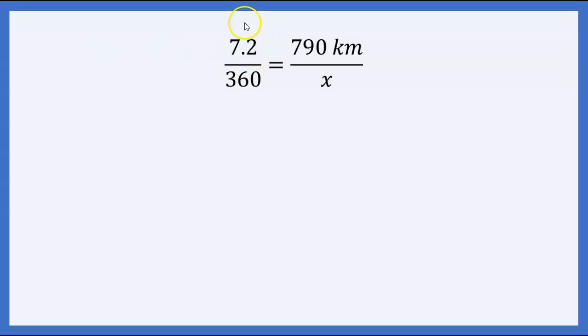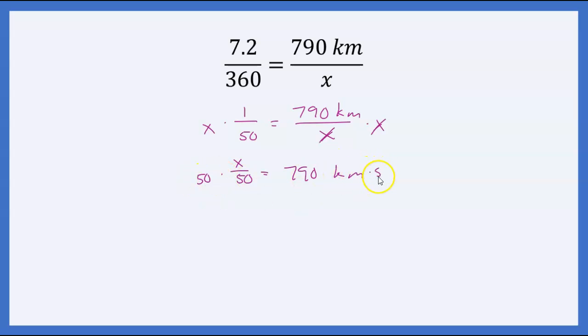Now as my first step, I'm actually just going to simplify this fraction over here. 7.2 divides evenly into 360. If you look in your calculator, if you do 7.2 divided by 360, you get 0.02. Or if you do it the other way around, 360 divided by 7.2 is 50. So if we divide both the top and the bottom by 7.2, we get 1 over 50. And then this becomes much easier to solve. We can multiply both sides by x. We get x over 50 equals 790 kilometers. And we'll multiply both sides by 50. And we get